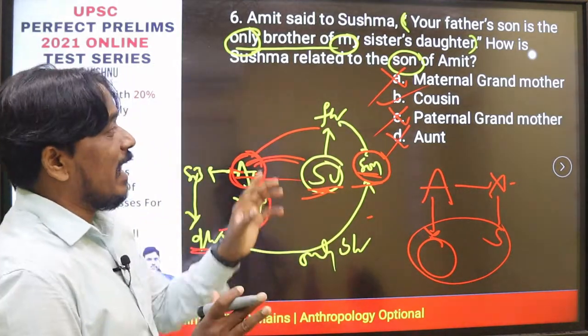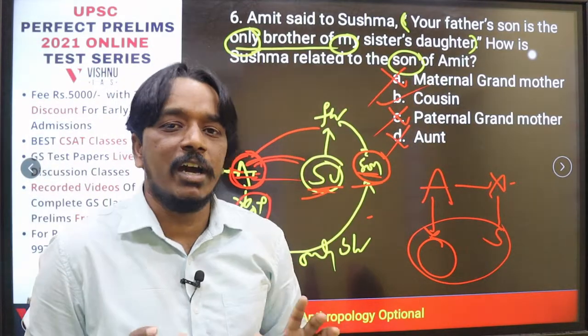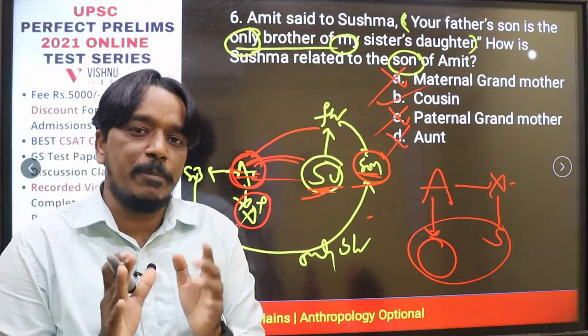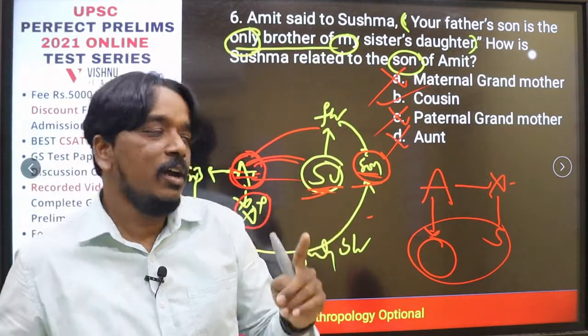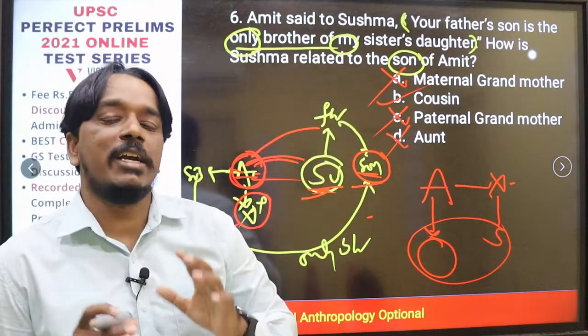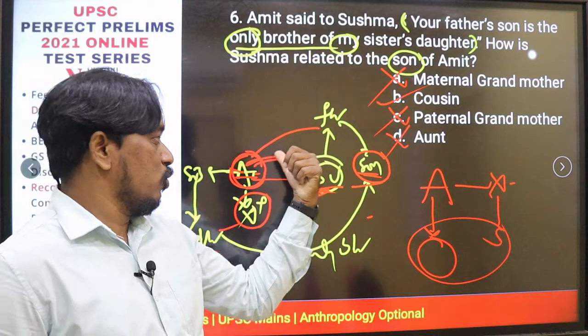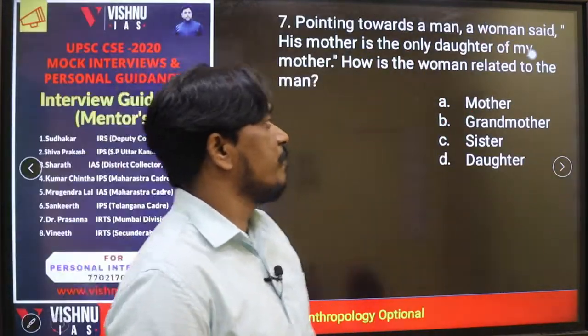Simple but analytical type of question; you have to read the data very clearly. It's not a basic type of question. In the basic type of question, the examiner will directly give point-to-point data. But here they will give indirect relations, indirect data. You have to read very, very carefully and draw the perfect family tree. Let's try one more question based on the same model.